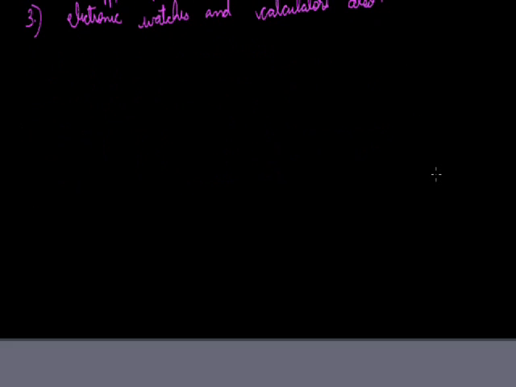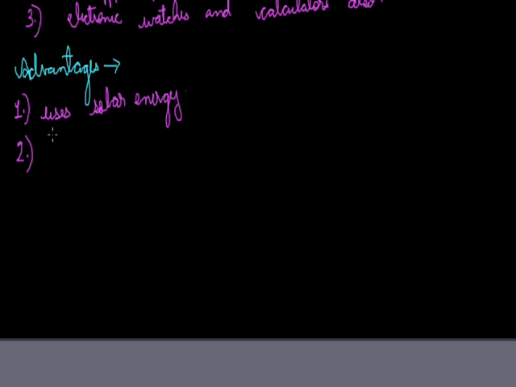So these are some uses of solar cells, but these are also accompanied with advantages and disadvantages. So we will discuss how these solar cells are advantageous to us. Its foremost advantage is that it utilizes a renewable source of energy and produces electricity. And it does not possess any problem of diffused radiations.